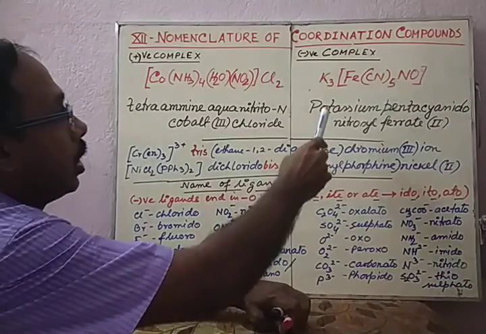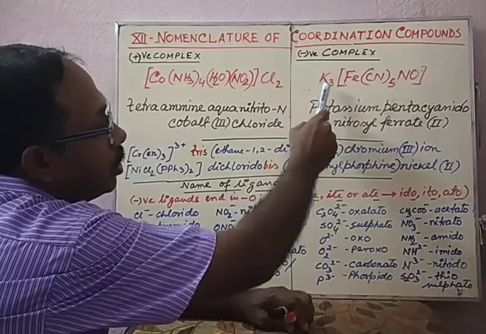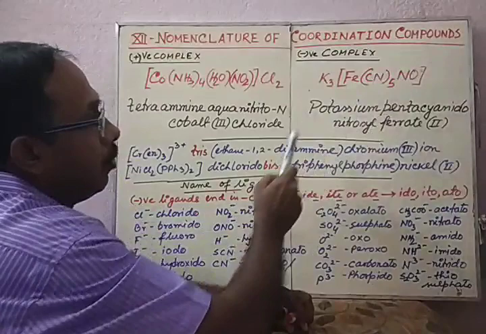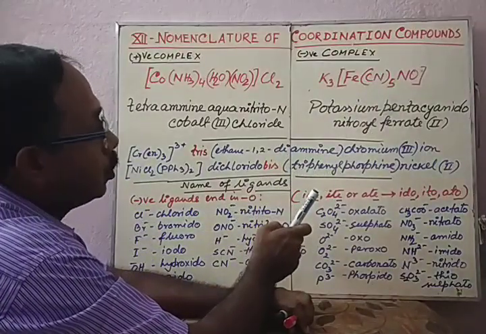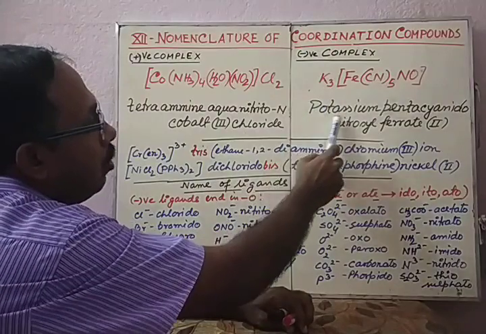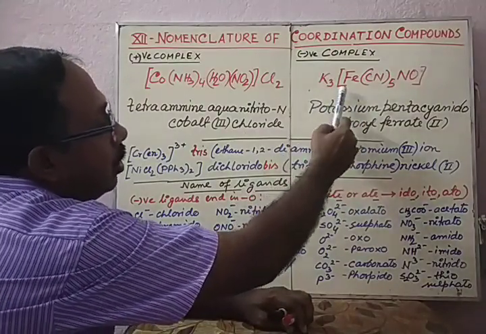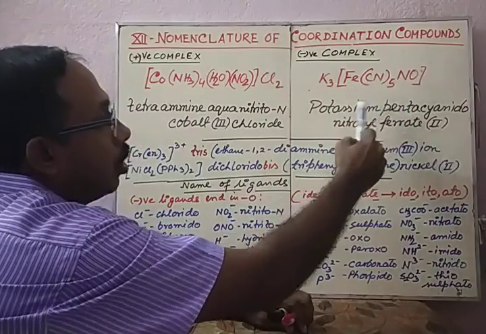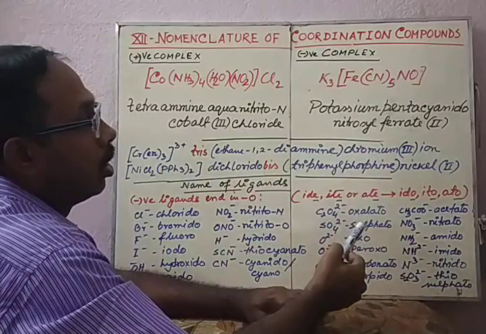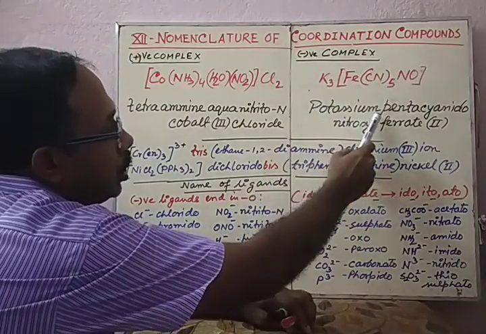Now follow this example of a negative complex. Here outside the coordination sphere it is a positive ion, so the complex part is negative. Therefore according to the first rule, the positive part is named first, that is, it should be named with potassium first. So potassium, then the complex part is written, the names of the ligands in alphabetic order, then the metal ion. So it is named as potassium, then